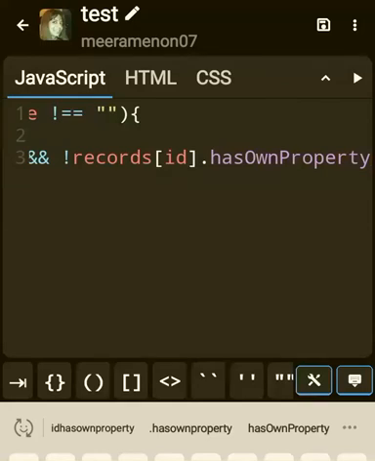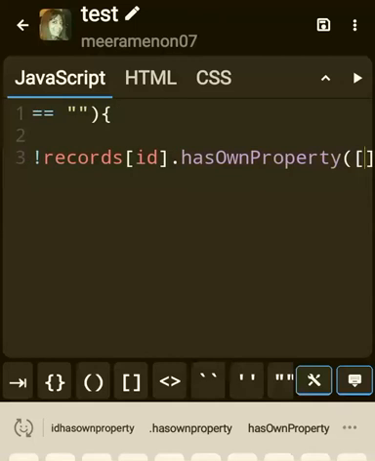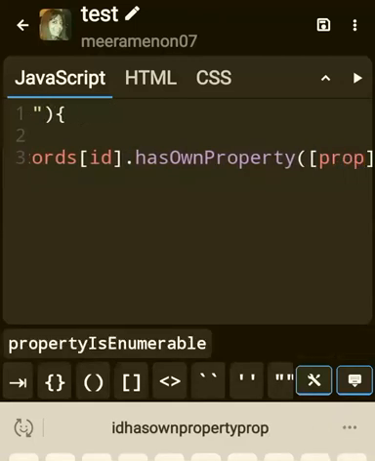You can say it either false or you can say not records ID dot hasOwnProperty. What does it mean? That means the record does not have the property of tracks. So how do you show that? Not having means you cannot write the not sign in between after the dot or before the dot, so you need to write it before the record. So not records ID dot hasOwnProperty prop.